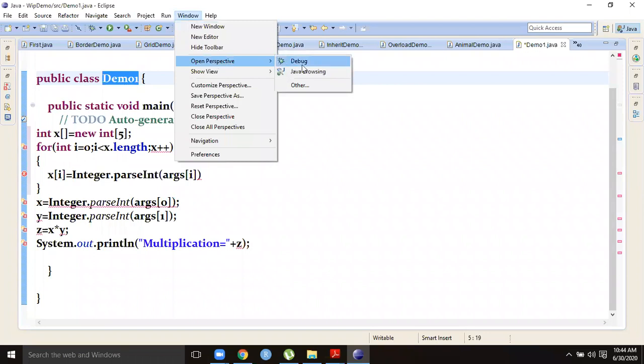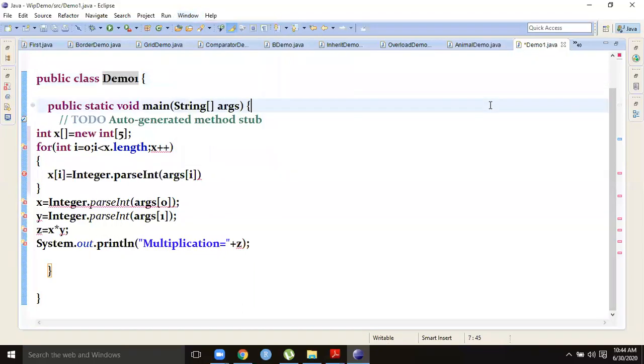Open perspective shows which perspective we are using. Here you can customize the perspectives, because whether you are writing a standalone general console application or an enterprise Java program, that is a server side Java program, in that case we definitely go for the Java EE perspective. This is not the Java EE perspective. This is for general standalone, standard programs. So it is the general perspective. Okay, so this is about the Eclipse environment.